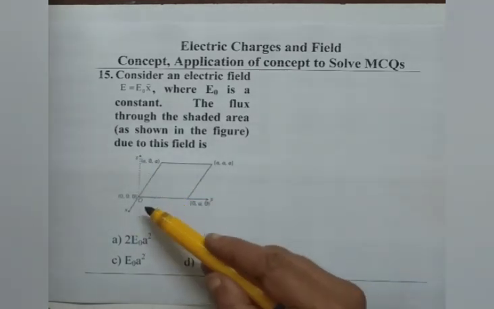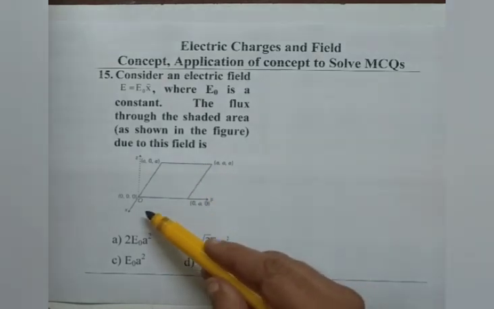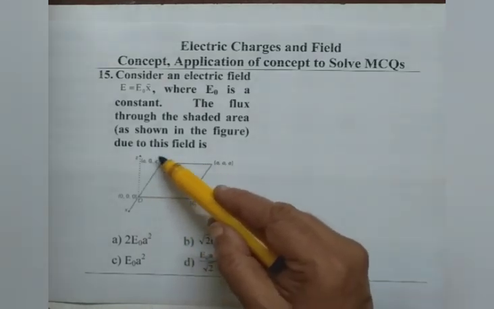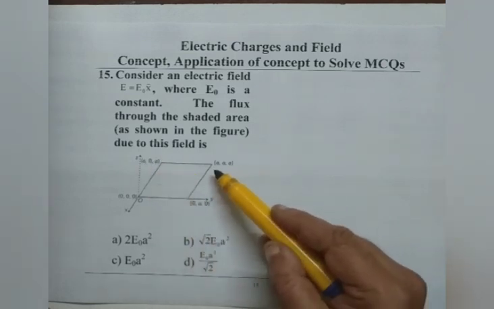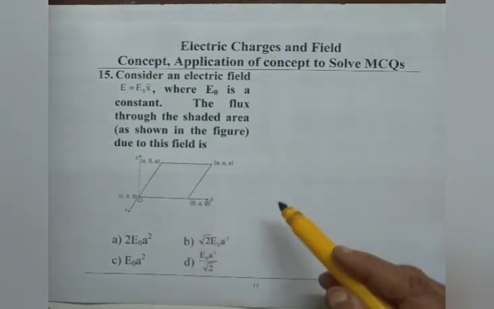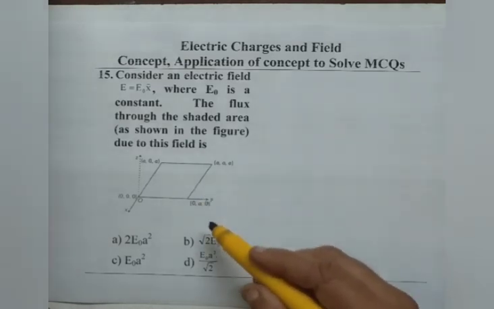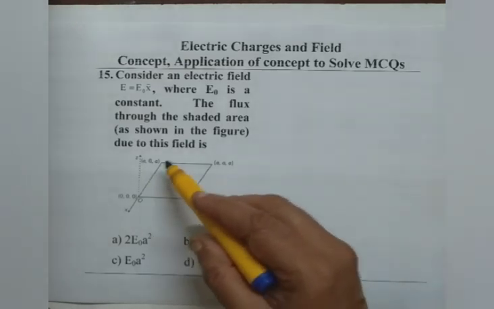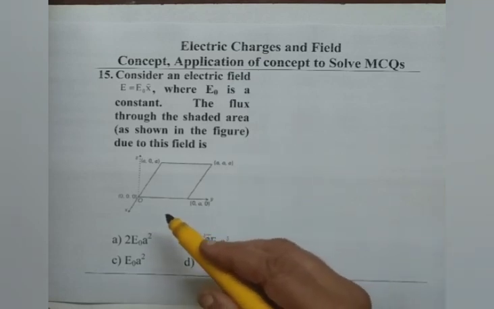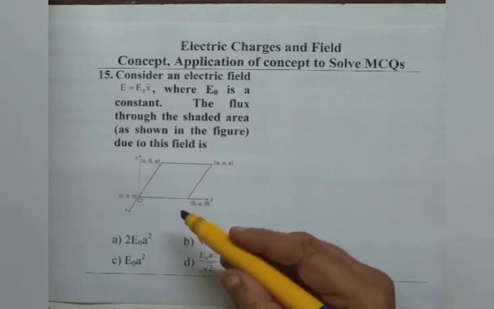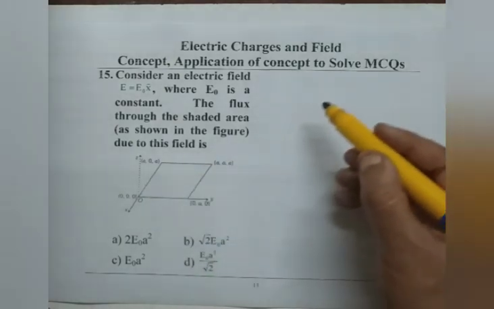Now they are giving us a parallelogram like this, whose vertex are a, a, that means it is in the XZ plane like this here also. Therefore, this plane as the vertex are at a like that, that makes a 45-degree with the field direction. As field is like this, so we can simply write